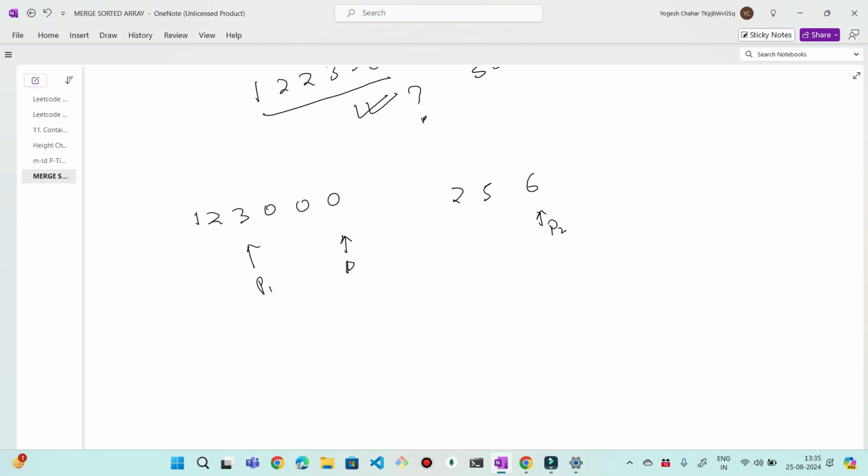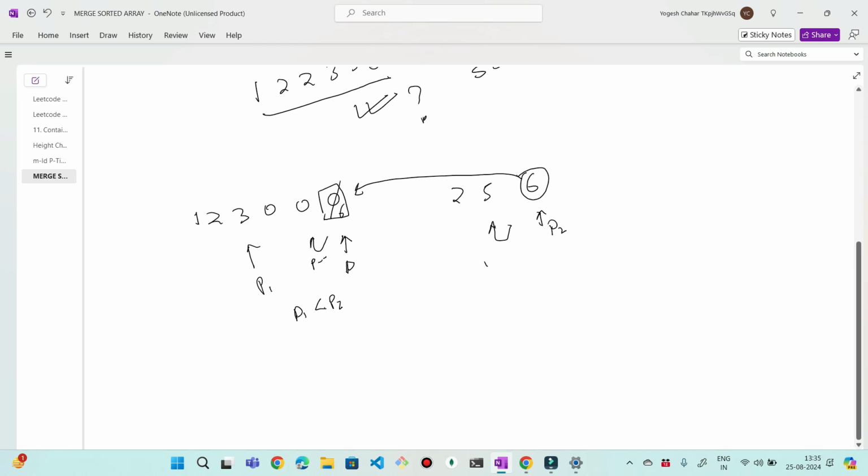So now if I compare p1 with p2, I can clearly see that p1 is less than p2. So naturally I can copy the number 6 on the last location, which is P, and decrement the value of P and decrement the value of P2. So we can see our intermediate array will look something like this: 1, 2, 3, 0, 0, 6, and 2,